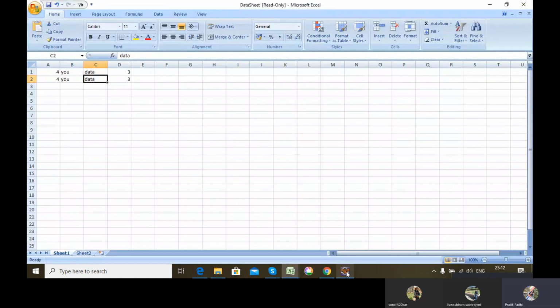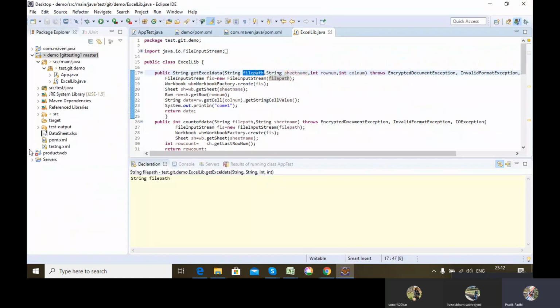Here I pass the path of the file which I want to read, the sheet name from which sheet I want to read, and then the row number and the column number of the cell from which I want to read.